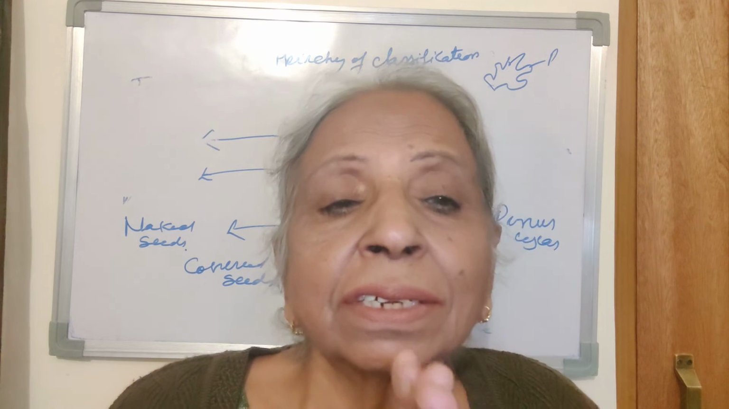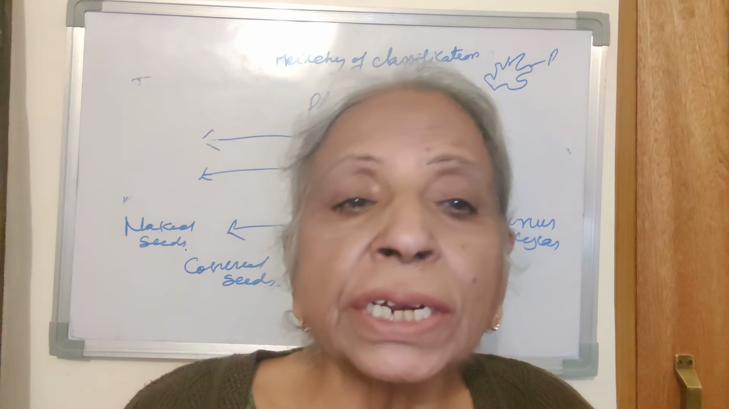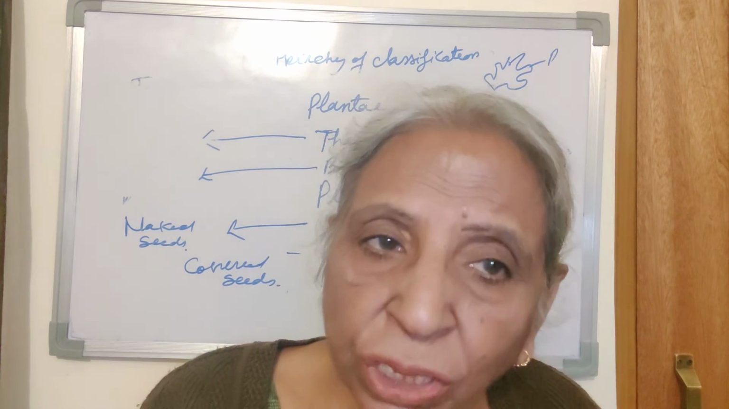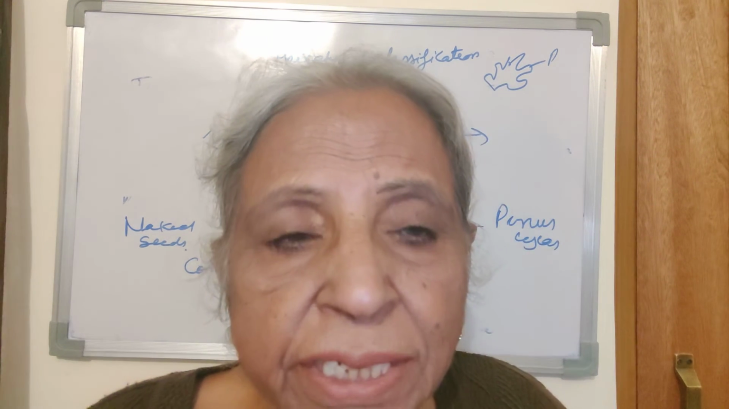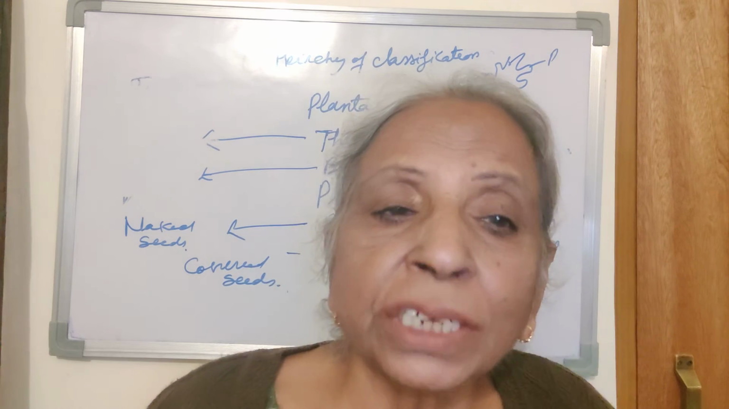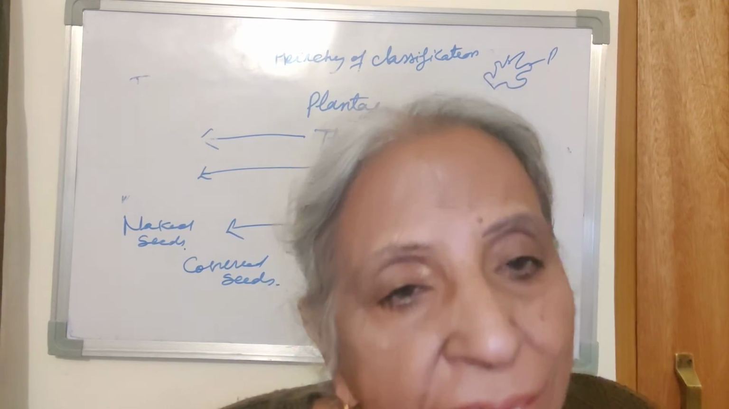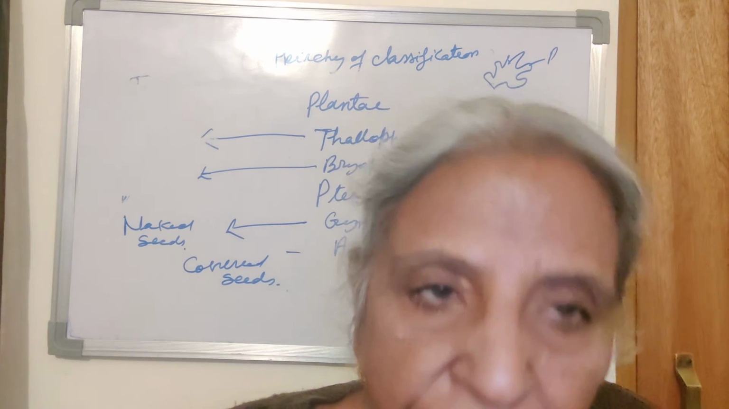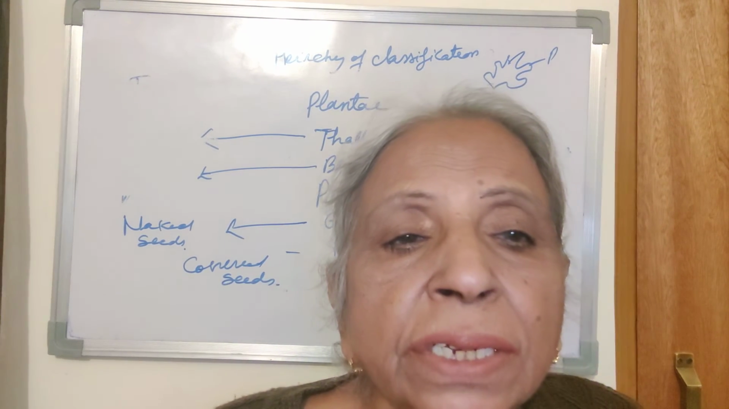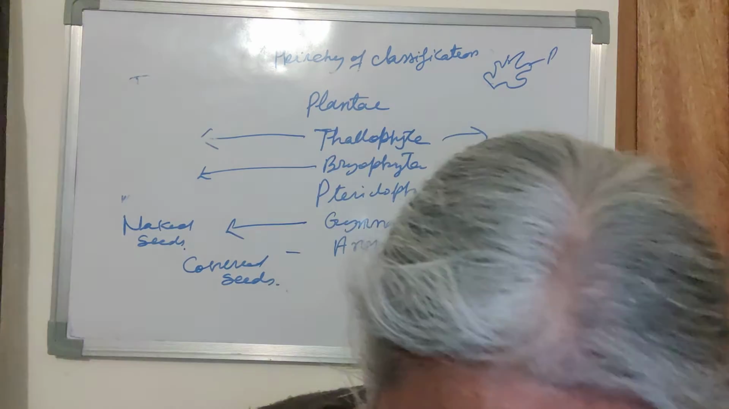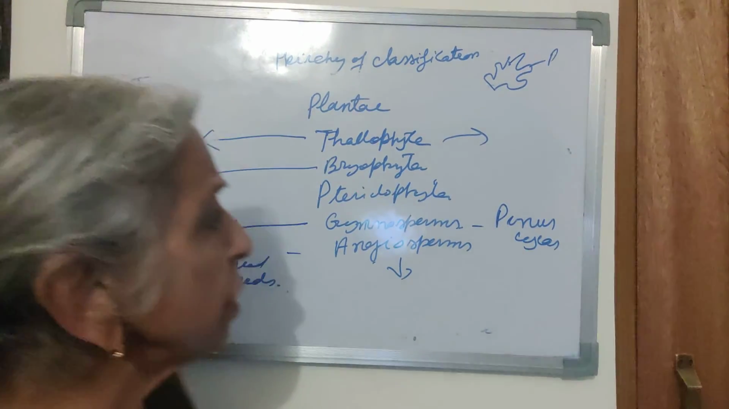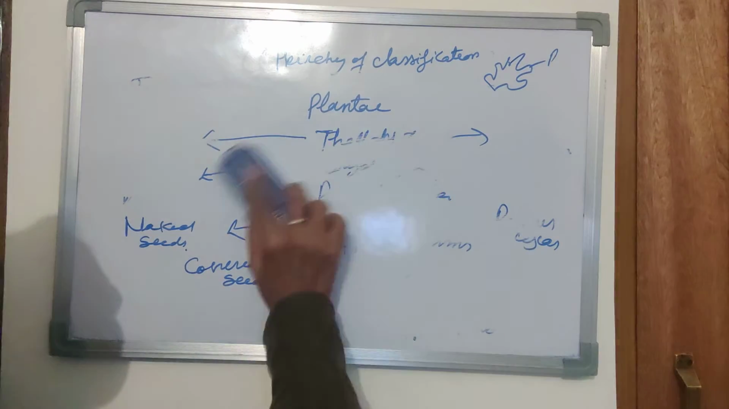Now plants in the angiosperms where two cotyledons are present, they are called dicots, dicotyledonous, and the plants where a single cotyledon is present, as in the case of wheat and maize, they are called monocots or monocotyledons. These cotyledons are nothing but embryonic leaves. So this is all about classification